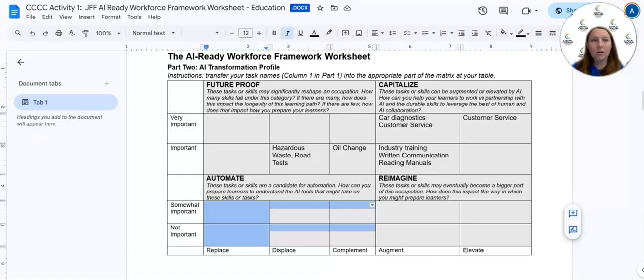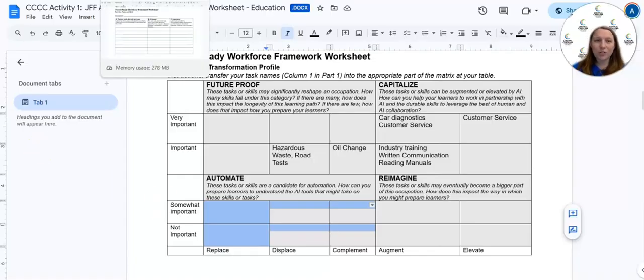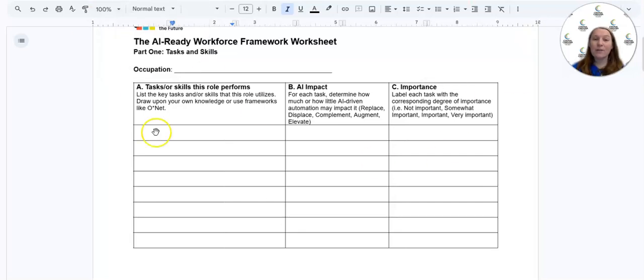So one of your assignments in this module is that you're going to download this document, choose an occupation that is fitting for your program of study or your advisee type, and just see what kind of skills do they need and do they do, and then how is AI going to impact that, and how important are those skills really for that job? And then reflect and see, okay, maybe where do we need to shift some things in the traditional curriculum to help prepare them for the future?